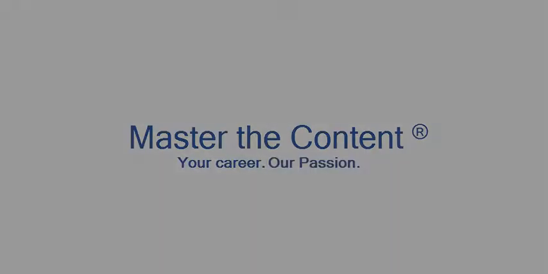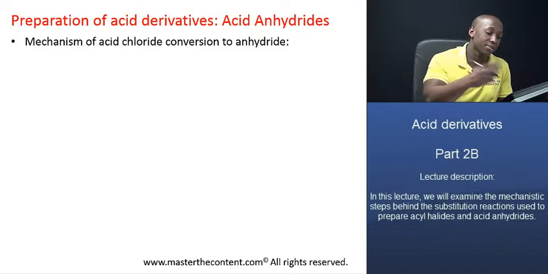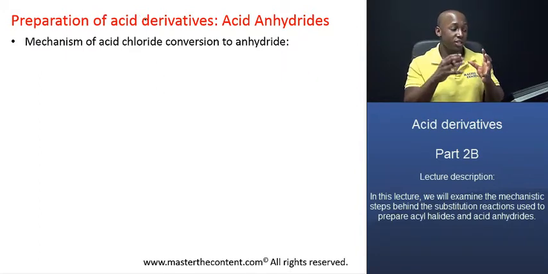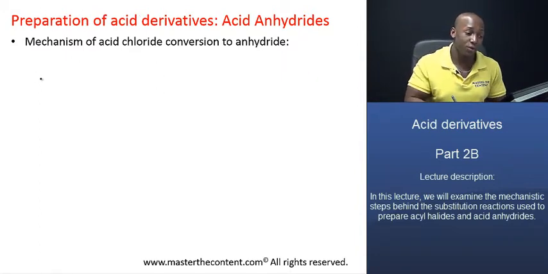Your career, our passion. Let's go over that mechanism so we can better understand that process. So this reaction, the reaction of an acid chloride with an acid to form an anhydride, begins again with a nucleophilic addition process. So what happens in this case is that our acid will actually add to or attack